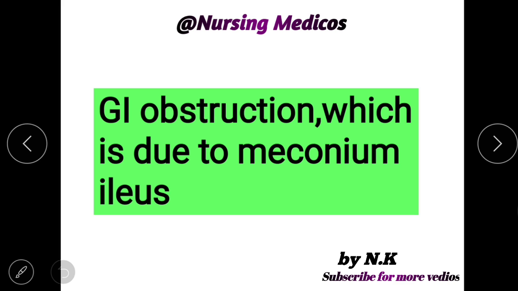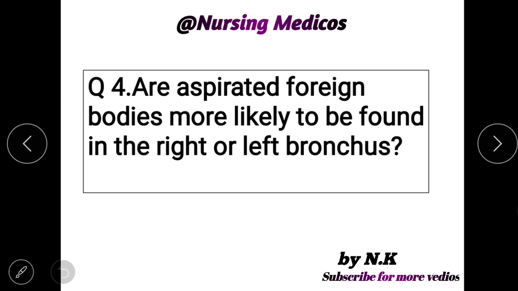We'll see the meaning of meconium ileus. Meconium ileus is the bowel obstruction that occurs when the meconium in the child's intestine is even thicker and sticky. The meconium blocks the part of the small intestine called the ileum. So GI obstruction, which is due to meconium ileus. Next one. Fourth one is,